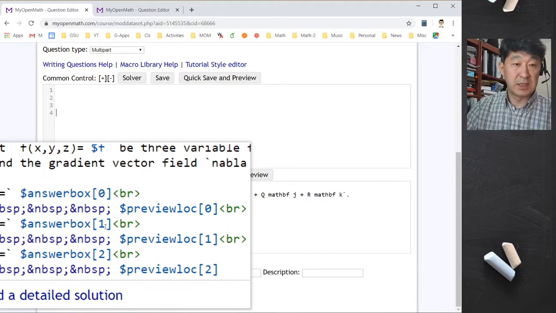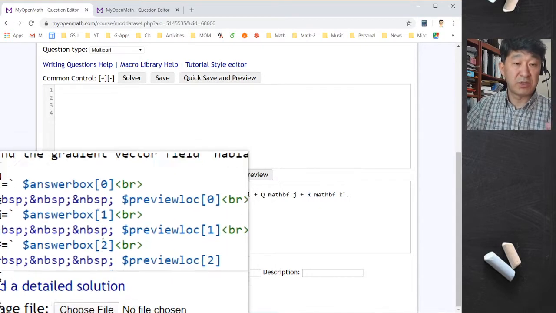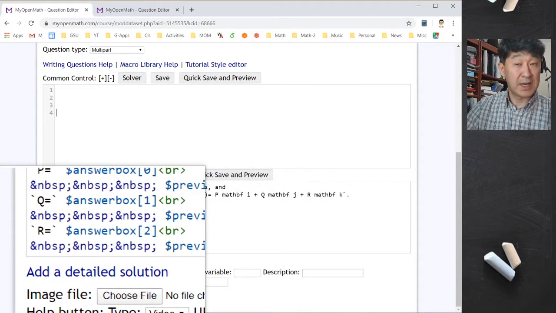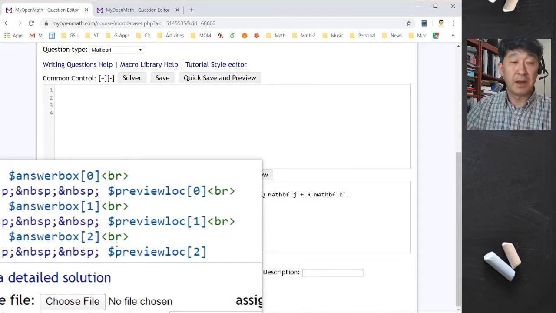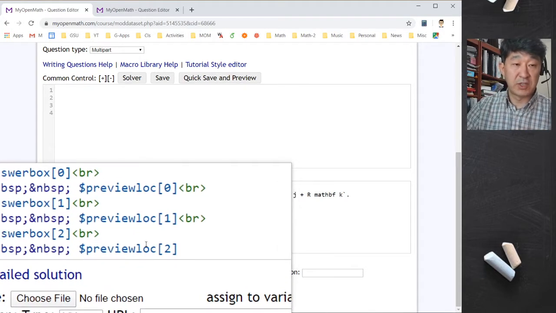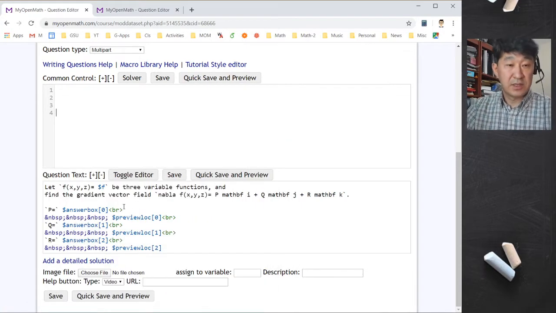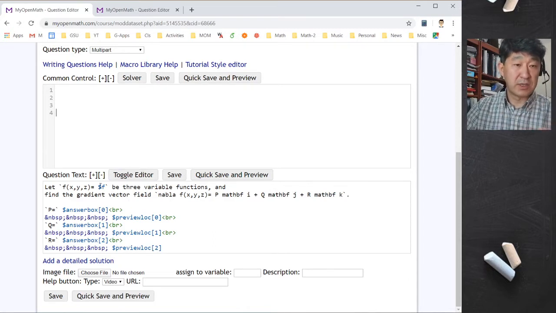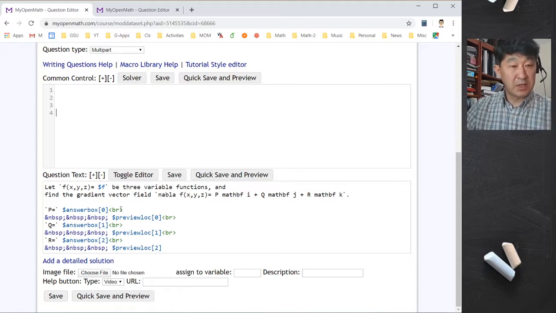Q is the answer number 1, P answer number 0, and R answer number 2. That's how it's indexed, and I located a preview button location in there. So that's how it's organized, and that's how it looks like. So we have to go back and do the similar thing. We have to write the expression f over there, declare the variable, and just write down these 3 answers, and that's pretty much it. But this is multiple parts. There's another thing called answer types, right? So let's go ahead and write down the